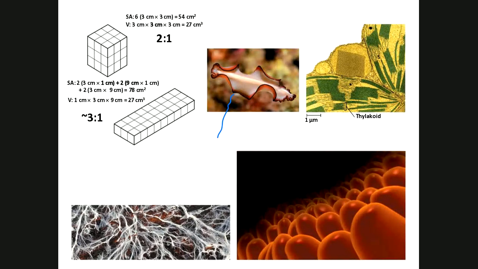Kind of like all the membranes that are in the thylakoids of a photosynthetic cell, and in the lower right, kind of like the way in your digestive system, the cells that line your digestive system have these little fingers that stick out everywhere, and kind of like the way the mycelia spread out into the environment, they're maximizing their surface area to volume ratio. That's what the stack of membranes does in the thylakoid. That's what those little villi and fingers that stick up in your intestines do. They maximize their surface area to volume ratio.